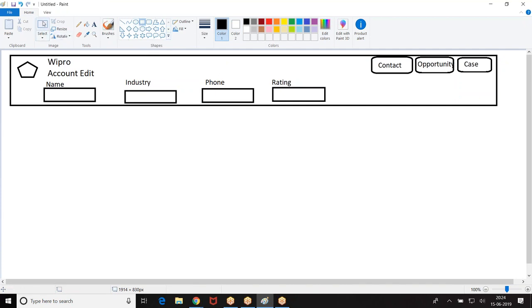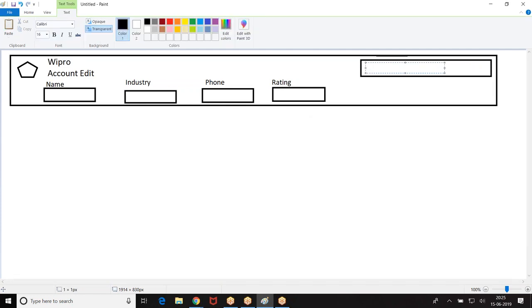just let me view. This space I'm giving small. Then here I should have save.